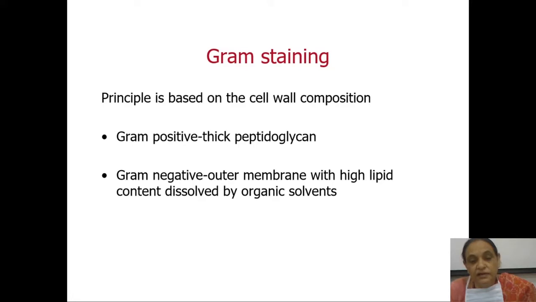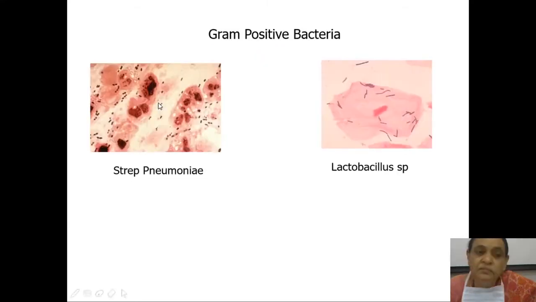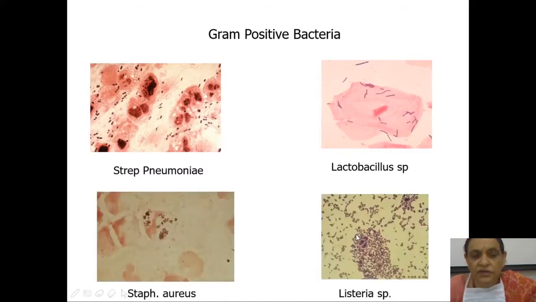This is how gram positive cocci look. This is Streptococcus pneumoniae. So if present in the sputum, you can immediately know this patient is suffering from pneumococcal pneumonia. These are lactobacilli. They may be present in any vaginal epithelium, which is one example where you determine vaginitis. Staphylococcus aureus in a pus sample, gram positive cocci. So these are gram positive cocci, different shape, gram positive bacilli, gram positive cocci in clusters, and this is Listeria species, which is small gram positive bacilli.